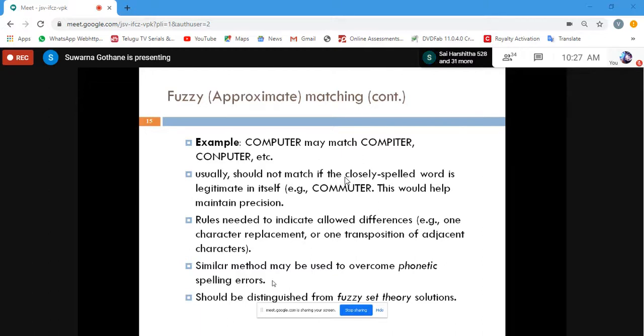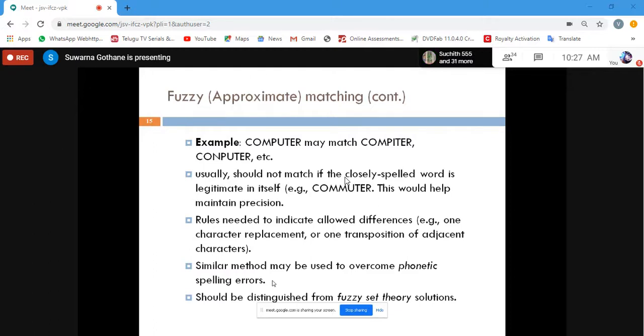So the adjacency rule as well as the single replacement rule. So based on the meaning of that particular sentence, a particular word is going to be understood, that this word has been used maybe for this particular search. So fuzzy means, always remember, associated with the spelling error. So we have seen four.